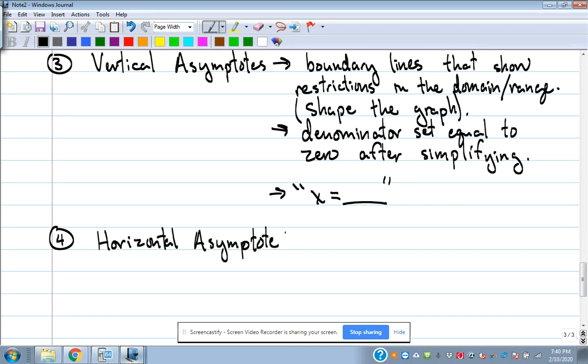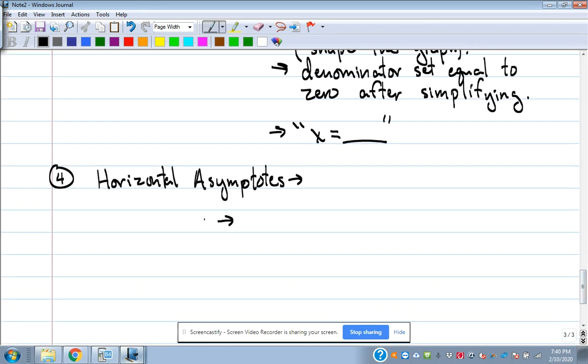Again, the asymptote just means that it's the boundary line that shapes our graph, okay? Horizontal asymptotes. There are scenarios in which you will have different horizontal asymptotes. The first scenario, we'll call it scenario A, is if the degree